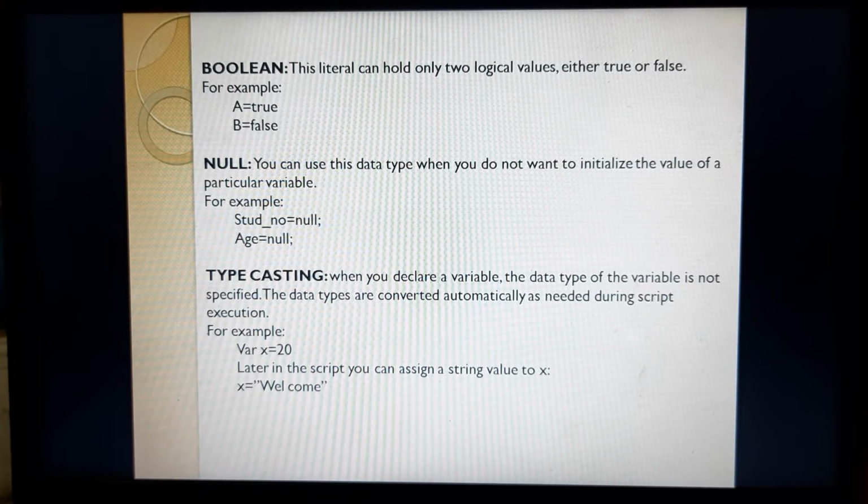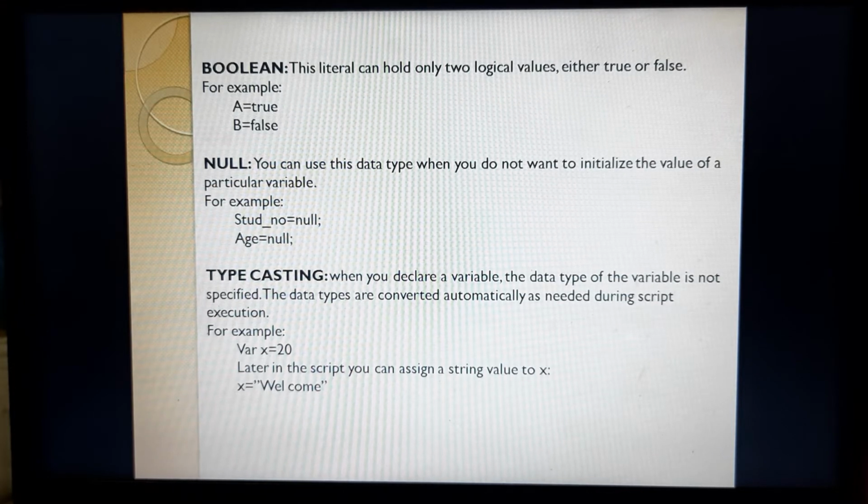This is the fourth literal of JavaScript, and the fifth one is null. Null we have derived from the C and C++ languages. We have used the null data type in C++ also. You can use this data type when you do not want to initialize the value of a particular variable.